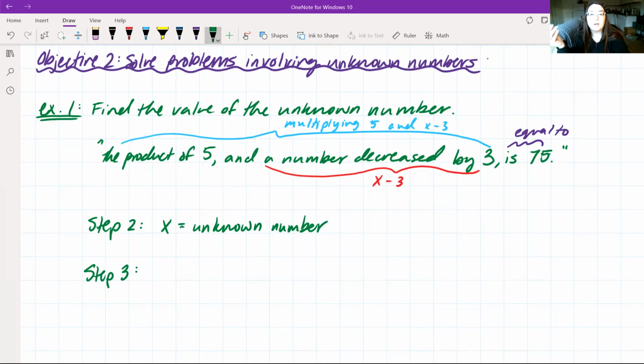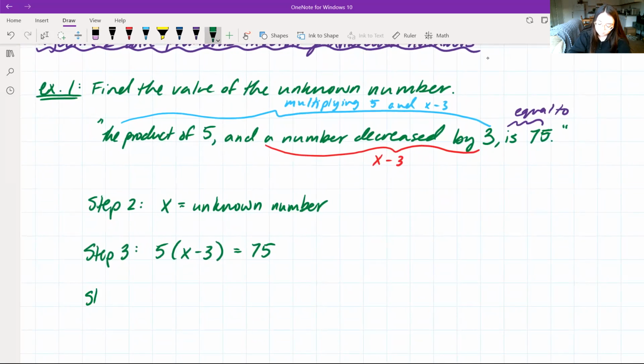So when we write our equation, keeping this in mind, we're multiplying 5 and x minus 3 to equal 75. So this is going to give us 5 times x minus 3 is equal to 75. So there we have it. There's our equation. And now in step 4,